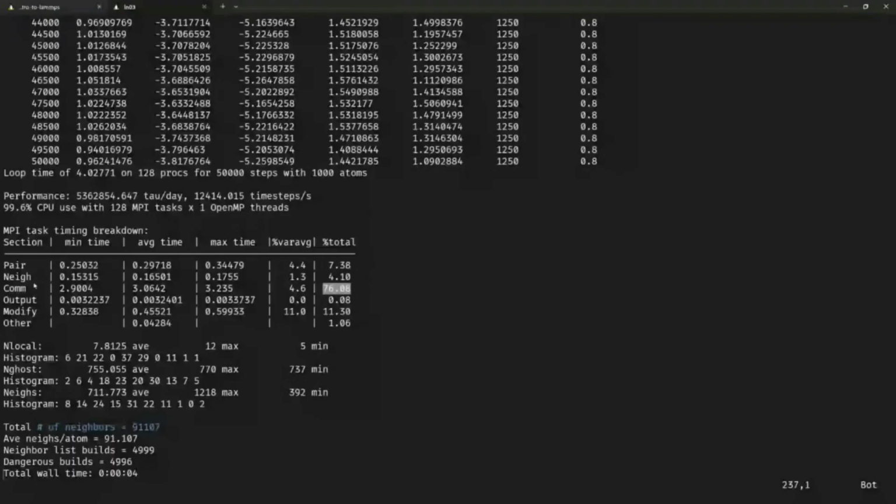Pair refers to any kind of non-bonded force computation, so in this case, the Lennard-Jones interactions. So we're having about 7% of the total time. You also have a breakdown of the minimum, average, and max time that is spent on